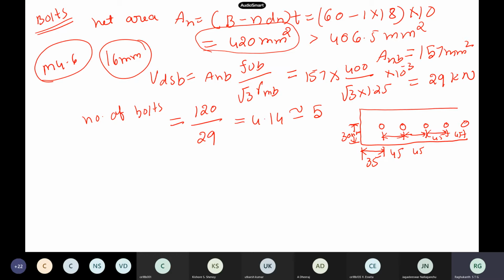Now after you do, so now our bolt has satisfied, even our connection also has satisfied gross yielding. Then it has also satisfied net area. Now what else you have to calculate? Two things we have taken. Block shear is the most important. So this you have to verify. So this is very important. So now how it will break, any idea?